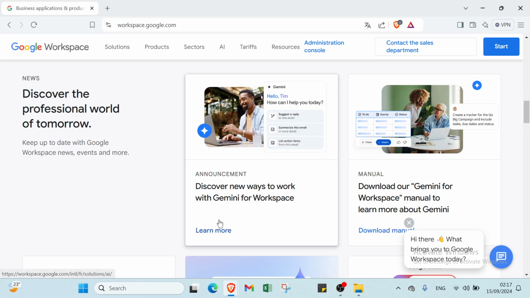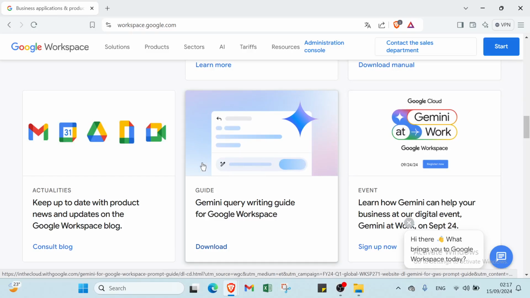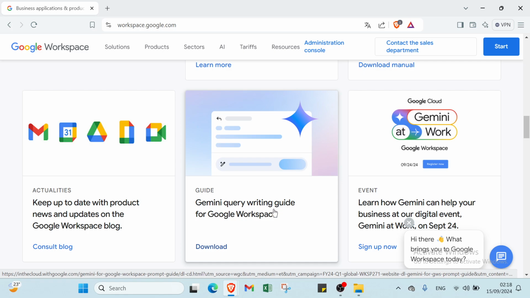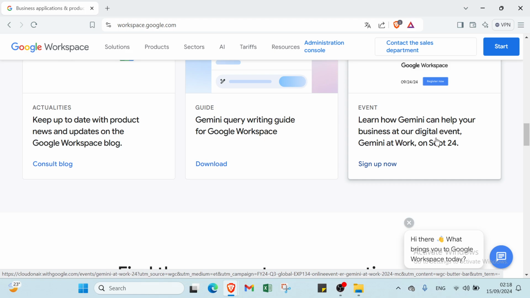Discover new ways to work with Gemini for Workspace. Download our Gemini for Workspace manual to learn more about Gemini. Keep up to date with products, news, and updates on the Google Workspace blog, the Gemini query writing guide for Google Workspace, and learn how Gemini can help your business at our digital event, Gemini at